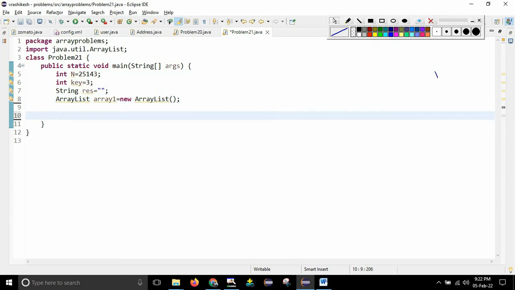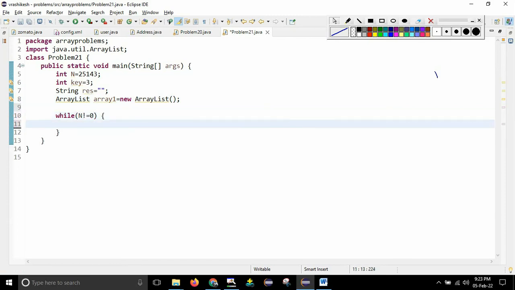Now I will apply the logic to convert the number into digits. While the given n is not equal to 0, I will write it like this: n is not equal to 0. As long as n is not equal to 0, you have to do one particular thing.